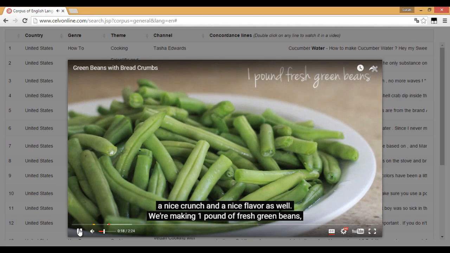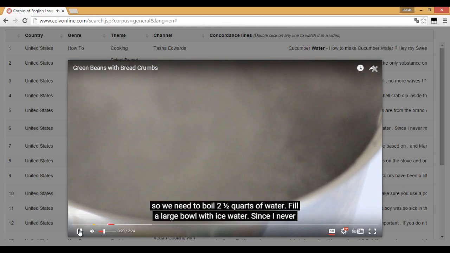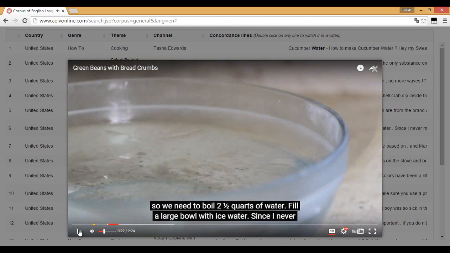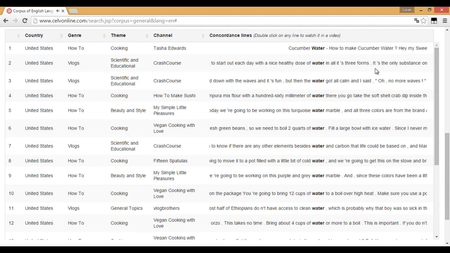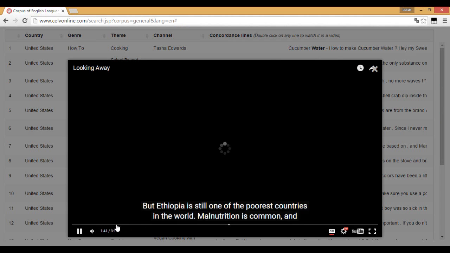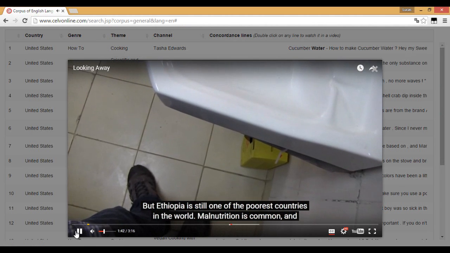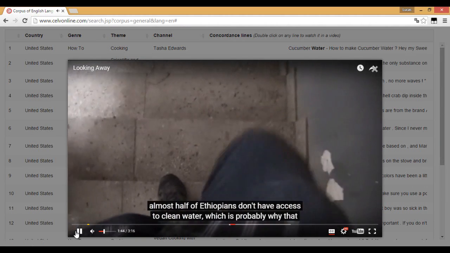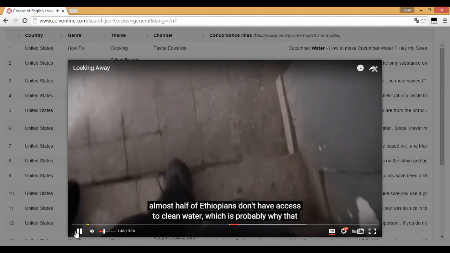One pound of fresh green beans. So we need to boil 2.5 quarts of water. In the world, malnutrition is common and almost half of Ethiopians don't have access to clean water, which is probably